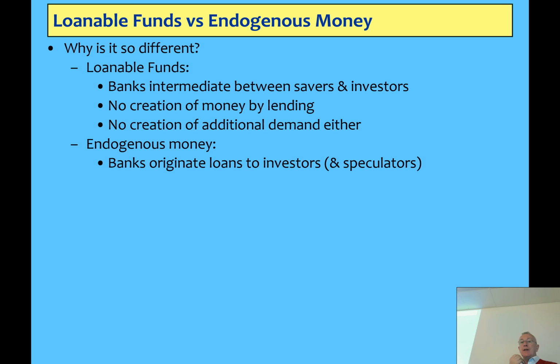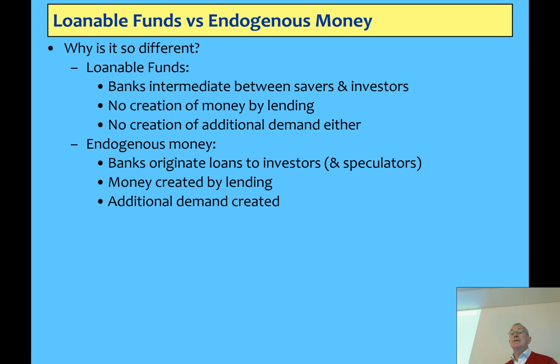With endogenous money, banks originate loans. I'm looking only at money being used productively here, because otherwise it's mainly used for speculative reasons, which you need to really incorporate to have a proper general model. The lending creates money and it creates additional demand, so change in debt is adding to demand. Now, when I first started making this case, I would say that demand is income plus change in debt.